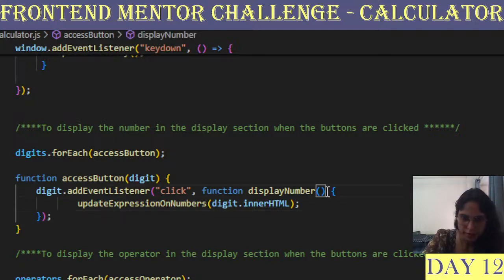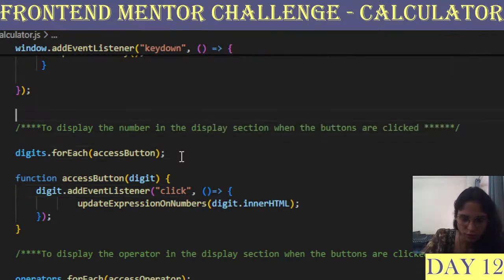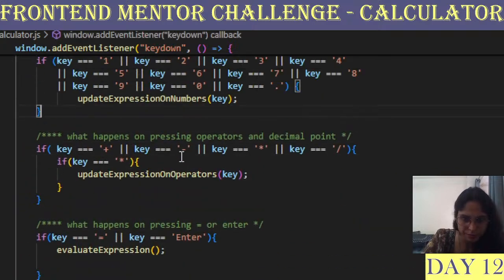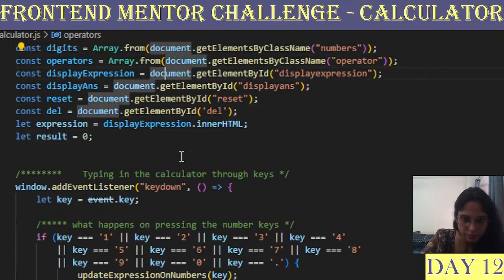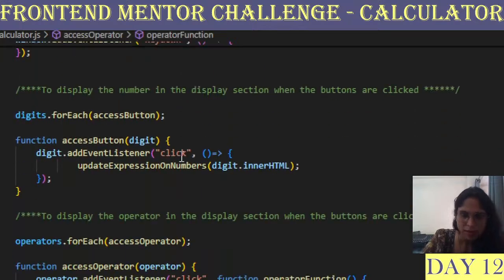And over here, I think I can just use the arrow function, because I don't need the names over here. We are not using them anytime, so I'm just using the arrow function.